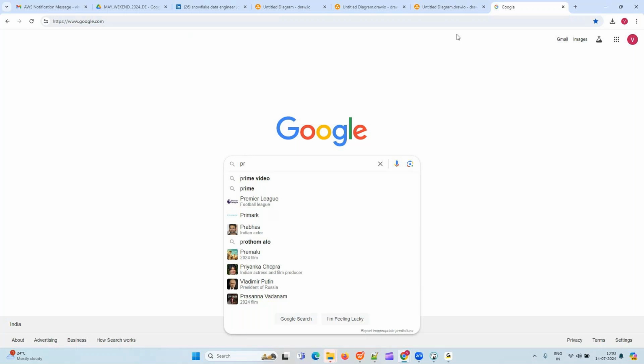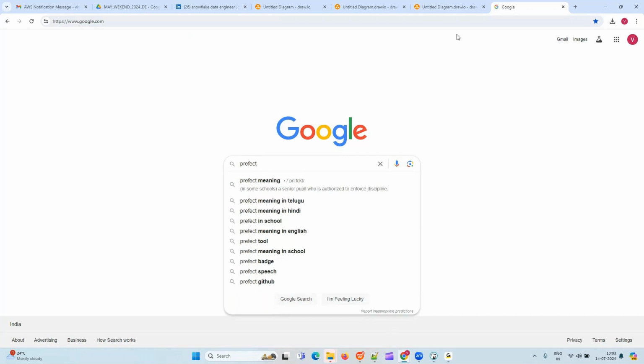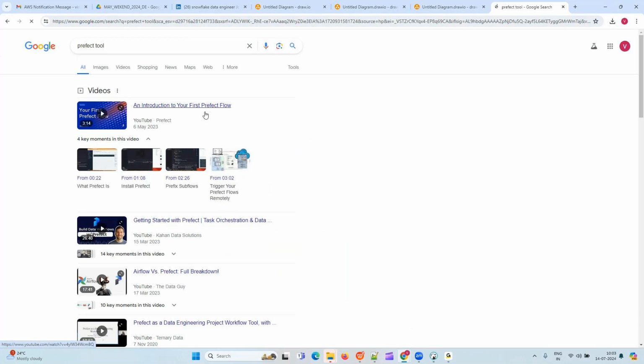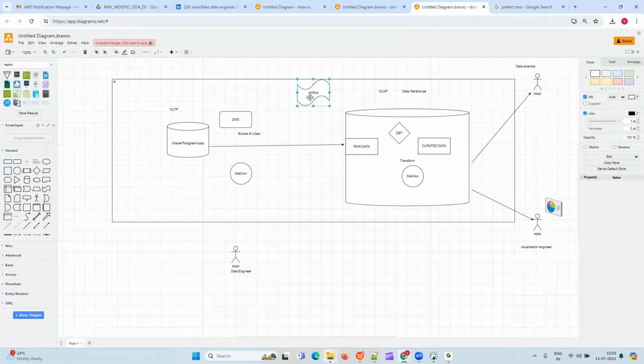Scheduling, I think it's orchestration, like Airflow. There are a lot of tools coming actually, but Airflow is leading in the scheduling or orchestration part.